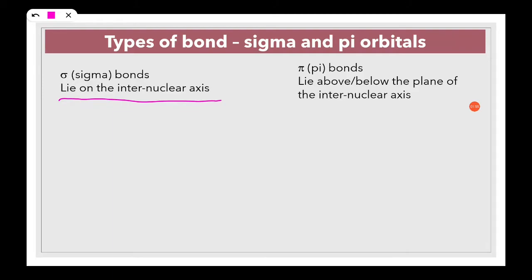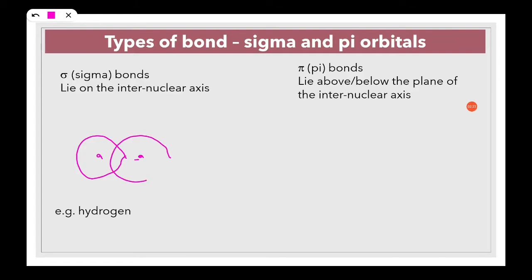So by the internuclear axis, what we mean is the axis between the nuclei of the two atoms that are involved in the bond. So, for example, hydrogen. Let's imagine I've got my nucleus here and another nucleus there. I have two s orbitals, and these will overlap so that the result is I've got my nucleus there,